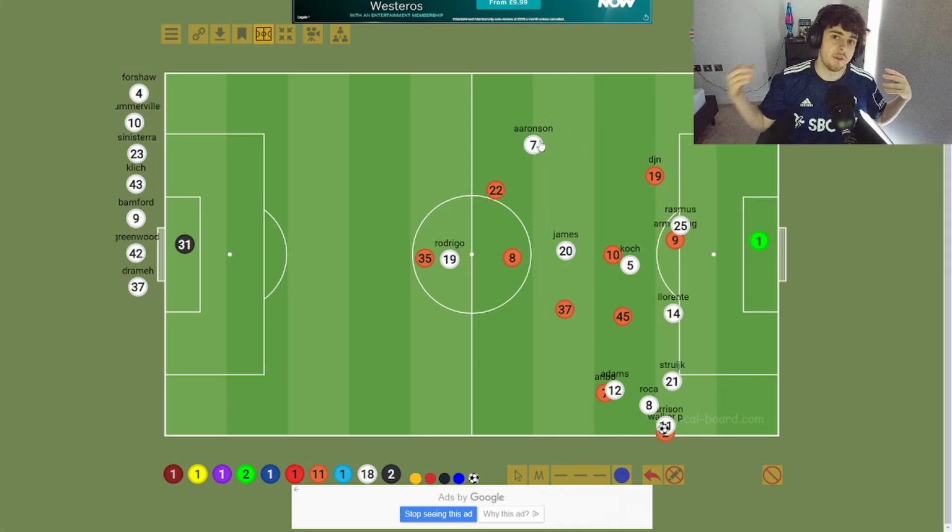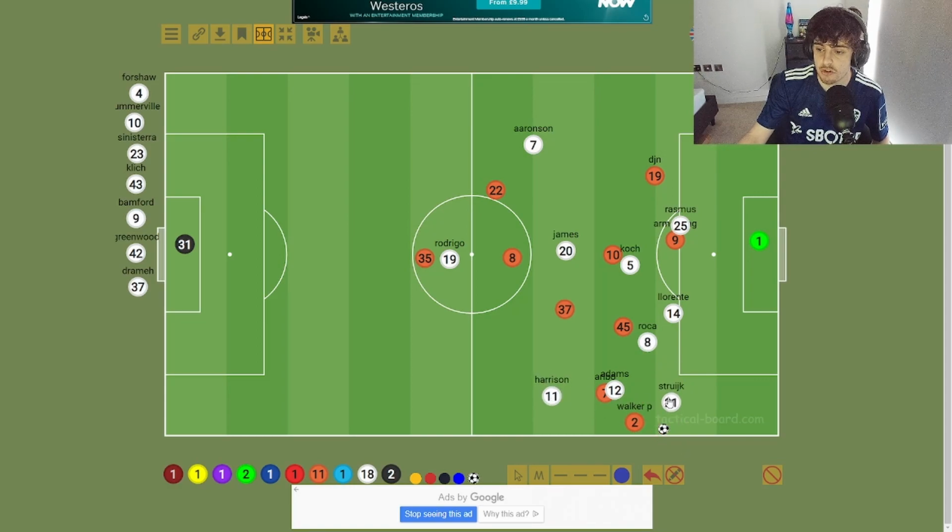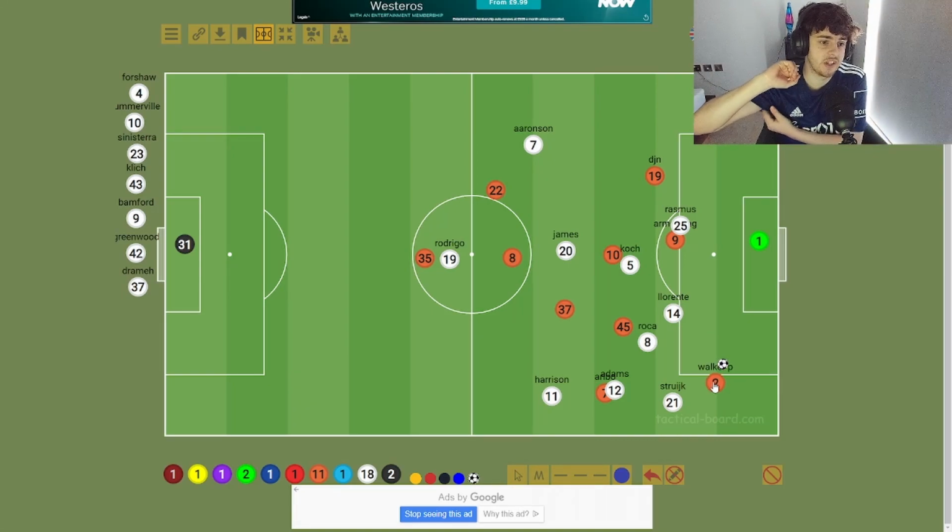So that was the issue we were dealt with in the second half in terms of the press. How we couldn't press because they had an extra man in midfield. Because they brought the centre-back forward, leaving space for the extra man all over the pitch. It's 1v1s as well. Because what happened is, when Walker-Peters got through first, it wasn't Harrison, he was over here. Strike versus Walker-Peters in this position. And Walker-Peters beat his man. And the second you beat your fullback, you're in, right? Luckily, I think he cut inside and the shot wasn't great. But it's the 1v1s, and that comes down to fatigue and tiredness.